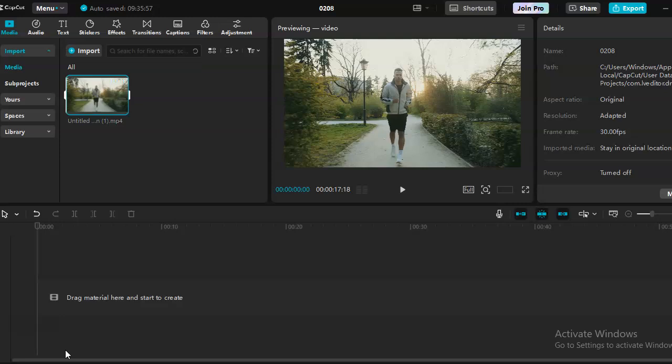do. Okay, how to add music in Capcut PC. I will show you two ways how to add music. The first way, just add your video